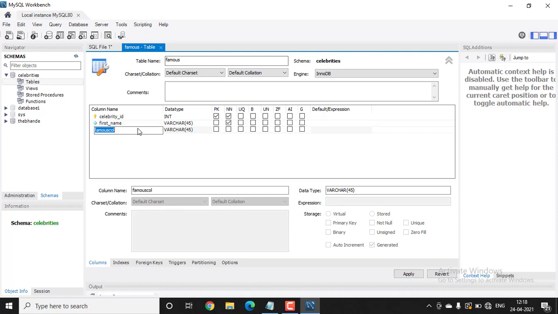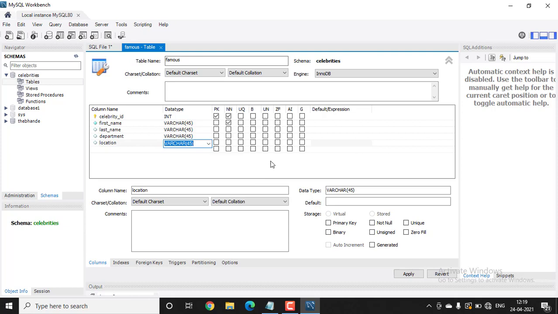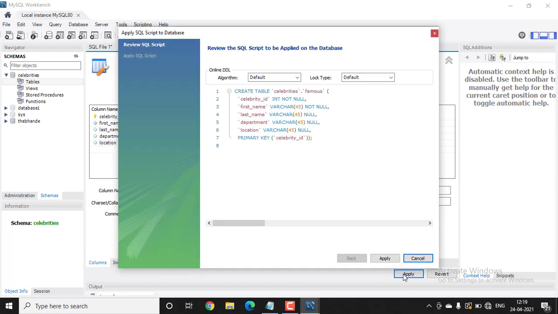And then go to the next column and type last name, and then go to another column and type department, and then go to the next column and type location, and then click on this apply button.